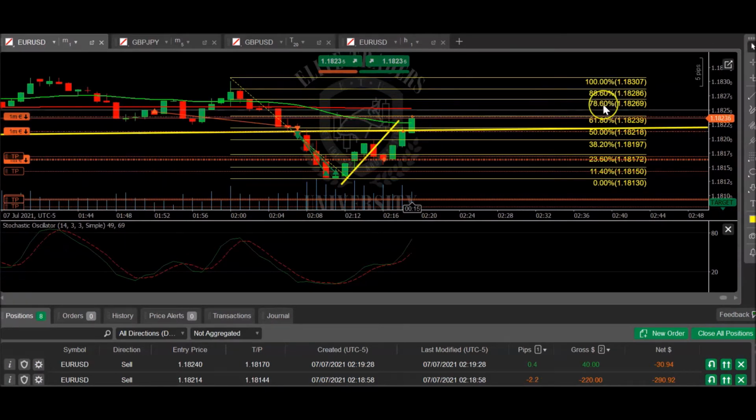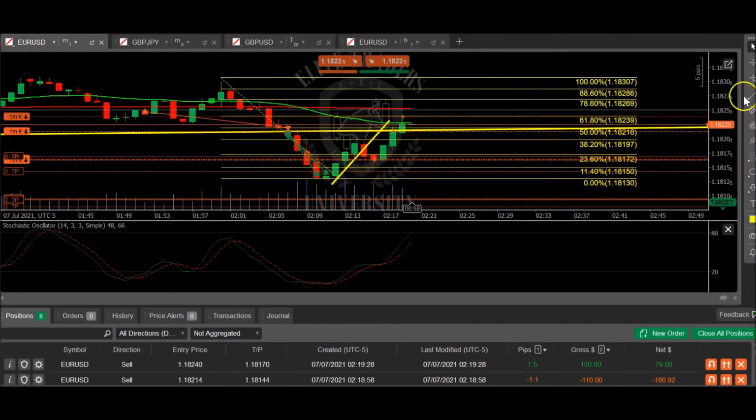There's some of the Fibonacci levels from last time, the 786 and the 88.6, and they are located at 118.26 and 118.28 respectively. Our trend line was broken, so we looked for another trend line that we could draw from